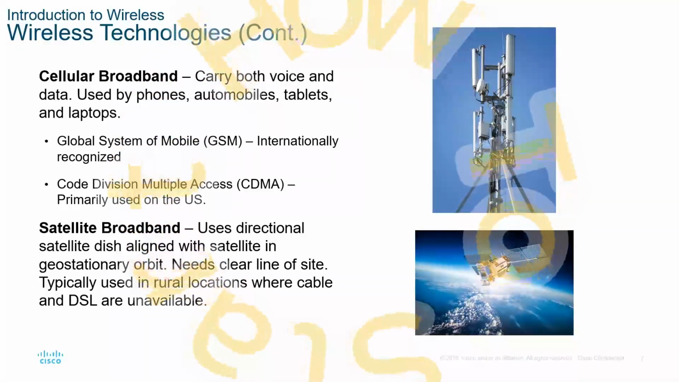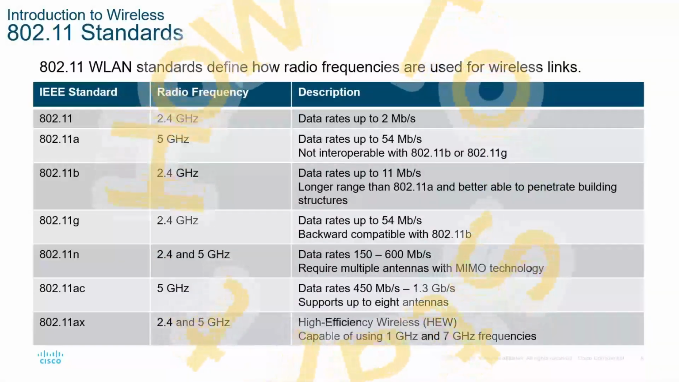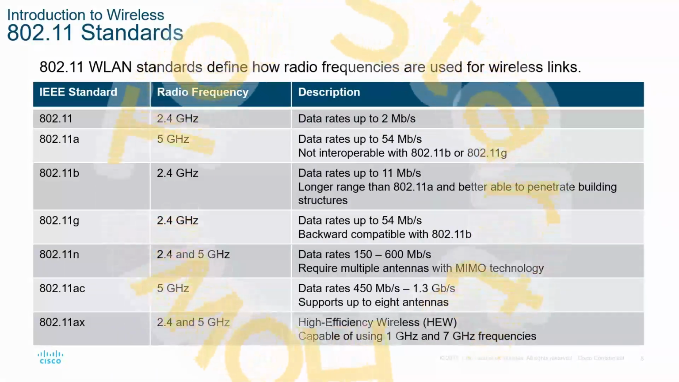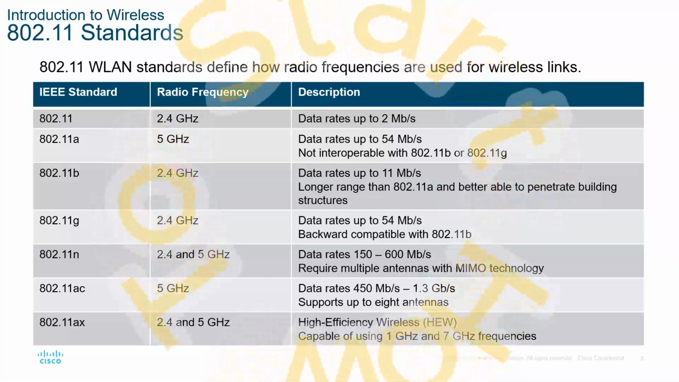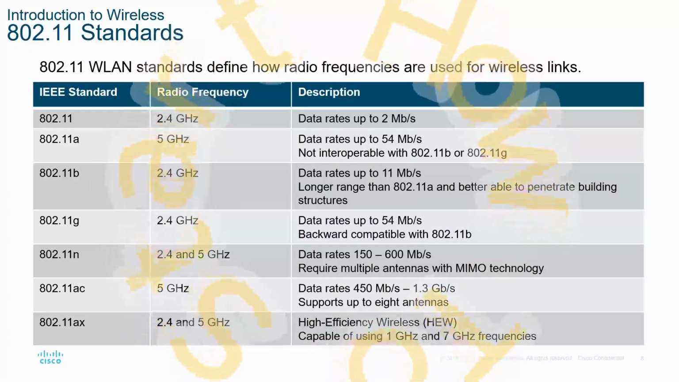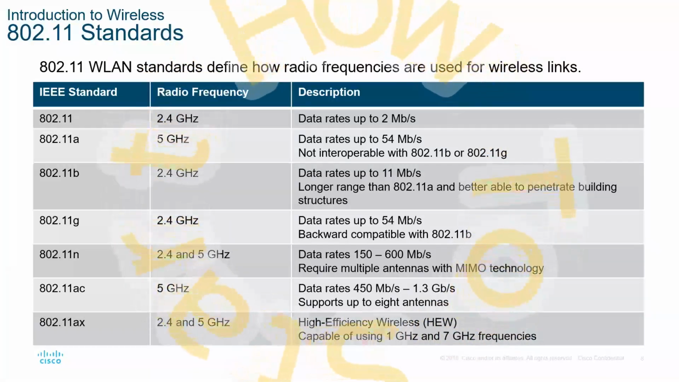So what are some of our common 802.11 wireless standards? Well, 802.11 became the first standard for wireless. That was about 2 megabits per second. It also used the 2.4 gigahertz range. After that, we had the